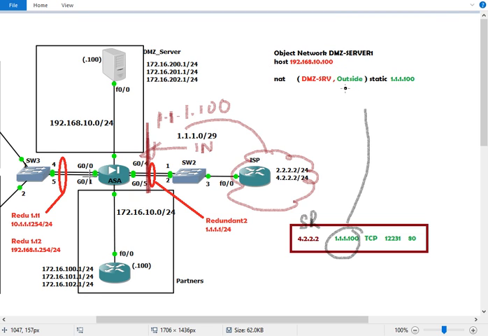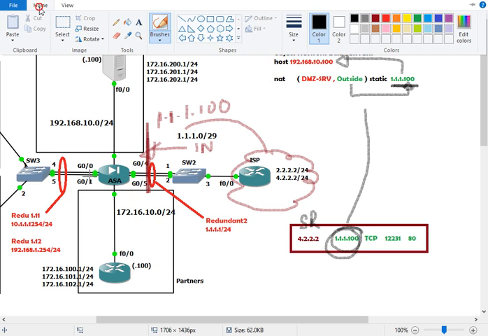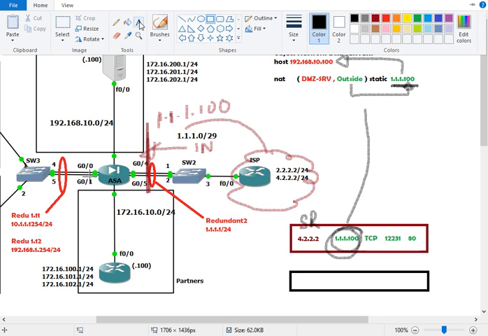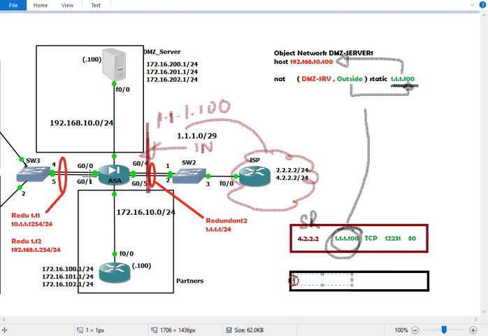Yes, I see this IP address in the packet here. Map it with this one. In that case, untranslate this IP back to the real one. So this packet, what you see here, this packet becomes like this. Your source remains same, but your destination becomes